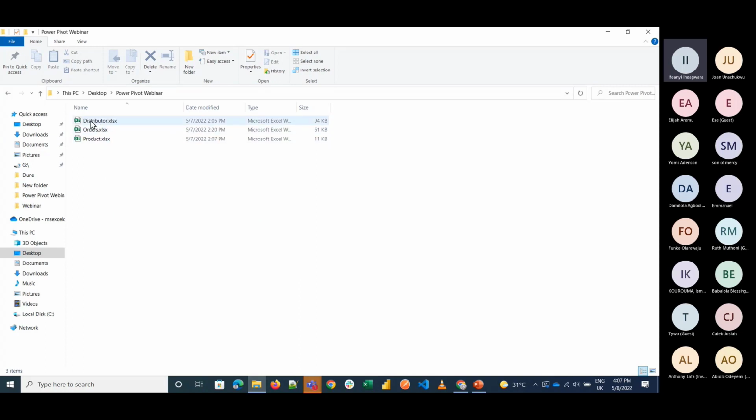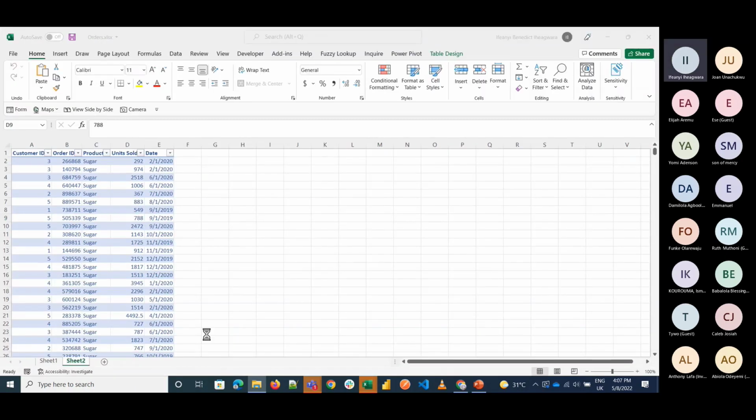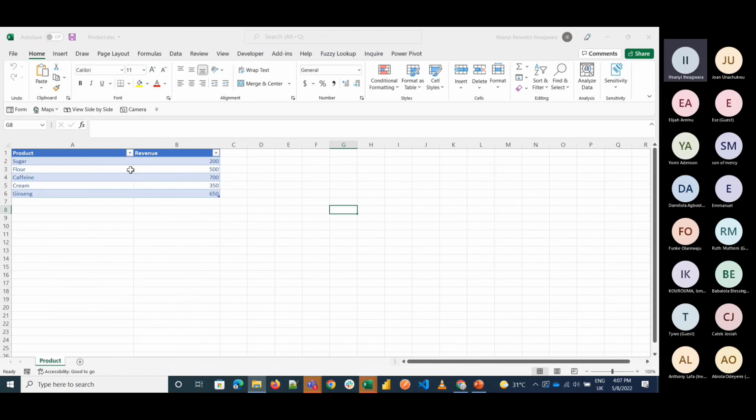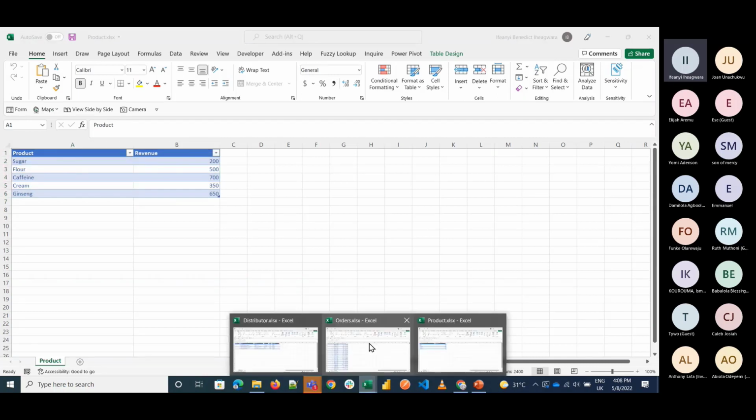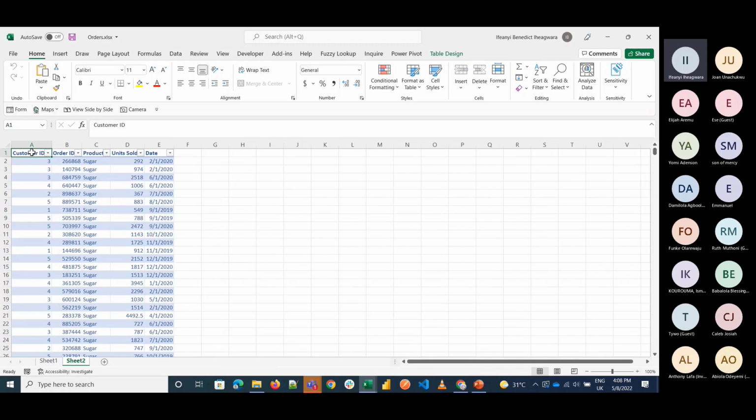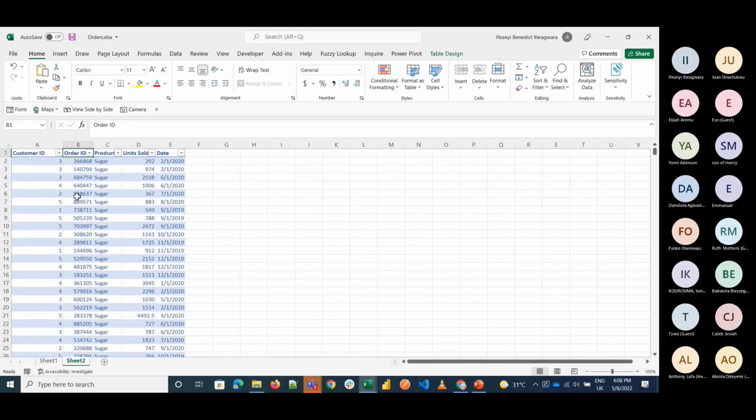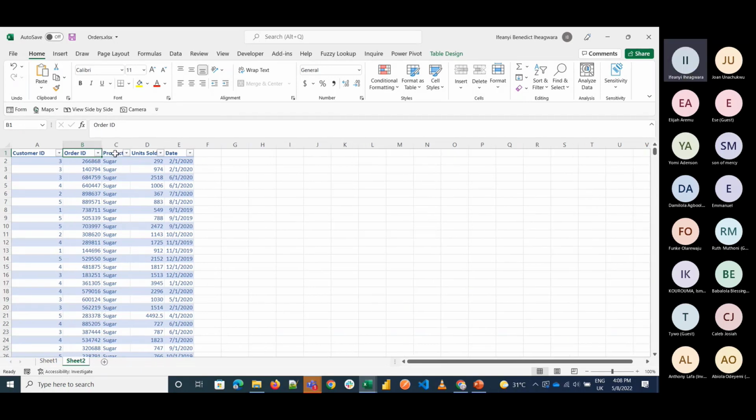Today we have 3 different data sets we're going to be working with. These are our 3 data sets, 3 different tables. This table has our different products and the revenues or the cost of each of these products. This order table has the orders. These are our customers ID or our distributor ID, the order ID, the number of